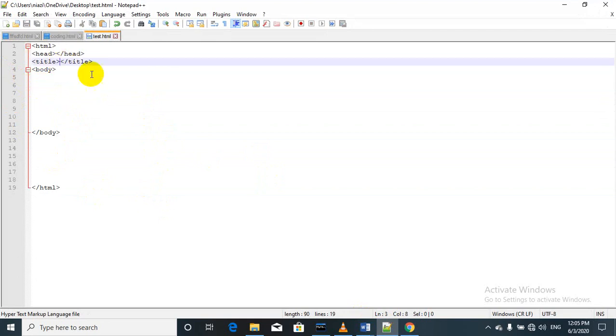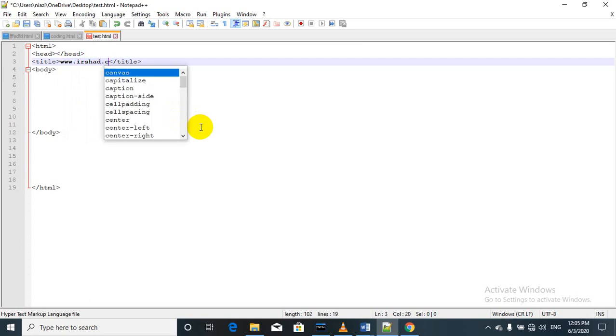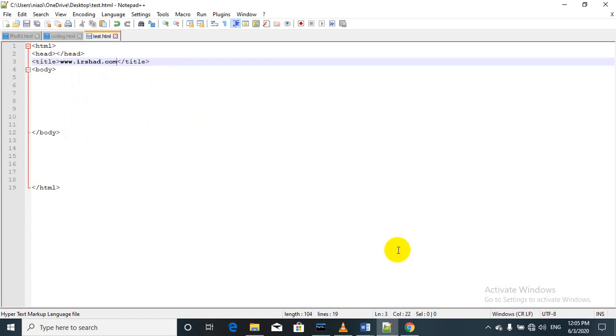Here you can add a name in place of HTML, like www.irshad.com. Control S, and then we refresh our page. See the name of